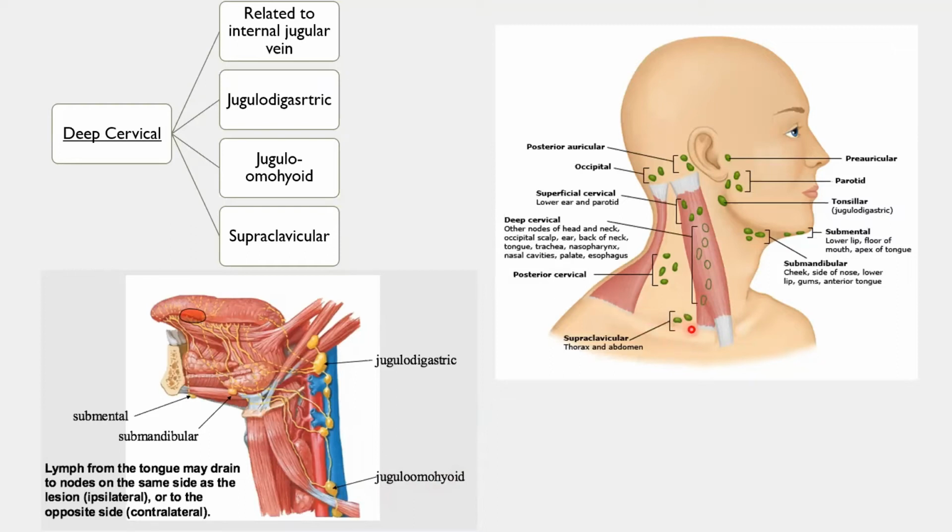Then another group is the supraclavicular lymph nodes. It's situated above the clavicle like this. Right? You can palpate it over the clavicles. So these are important because they are enlarged in diseases of the thorax and the abdomen. You may already know, right? If there's disease of the stomach, gastric carcinoma, you will be able to feel these supraclavicular lymph nodes if it has spread along the lymph nodes.